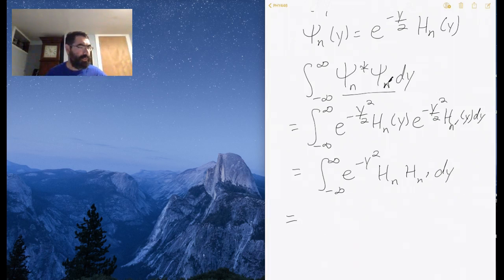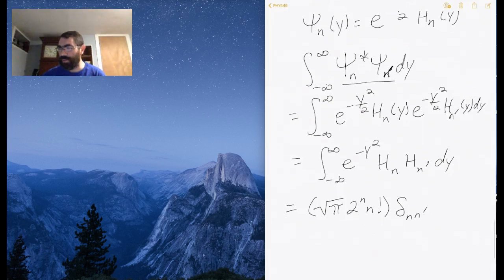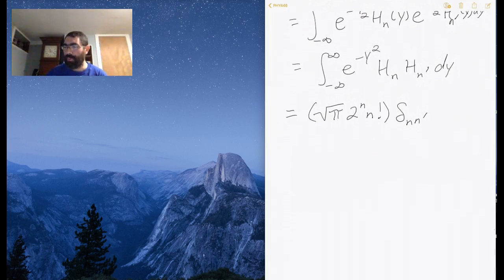And what I get is the square root of pi 2 to the n factorial times the delta function. The Kronecker delta right here. Okay. So I'm not going to go into how we get this normalization, but in the end, you would get this normalization factor out front, which we'll have to incorporate into the wave function, and now there's a Kronecker delta, which means that